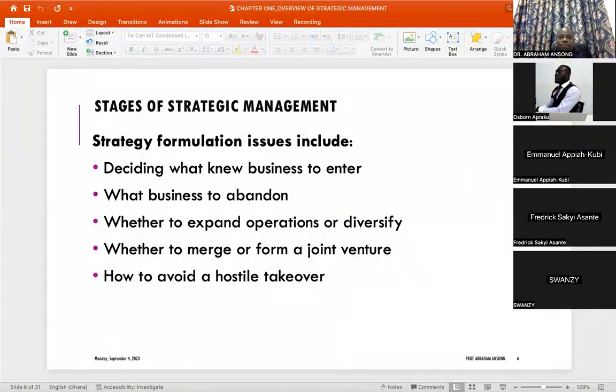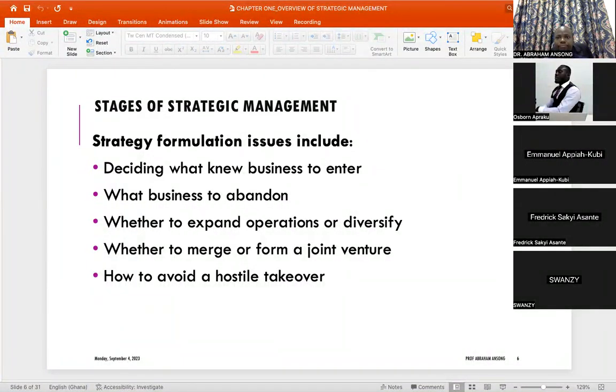That is very, very important, because if you don't have that kind of discussion or agreement, some investors could be buying shares from your other partners, and by the time you know it, you've lost the decision-making power of your organization. So especially when the industry is profitable and the business is profitable, your strategy formulation must be mindful of the possibility of a hostile takeover from rivals or other investors. And then you find a way to actually deal with it before it happens.